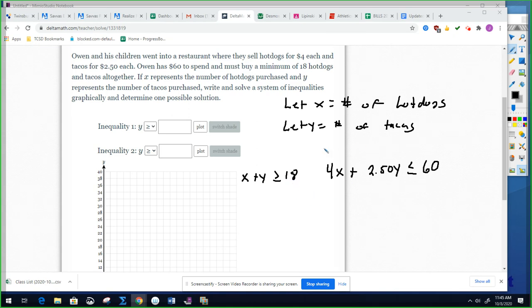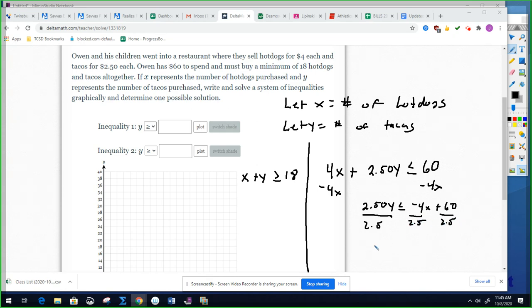Now, here's the problem with how Delta Math does it. I have to set each one of these equal to Y to be able to graph it. Okay, so I'm going to subtract the 4x for this problem. Gives me 2.50y is less than or equal to a negative 4x plus 60. I'm going to divide everything by 2.5. Okay, make sure you have a calculator handy. I did not divide by a negative, so this is going to stay y is less than or equal to,